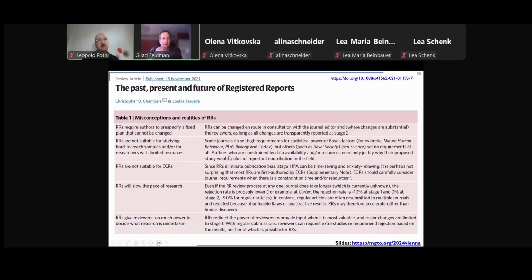Anything else that's in here? Yeah, so definitely suitable. For example, how to reach samples. Some people are saying this is not suitable. Definitely even more suitable. A lot in my department are neuroscientists, or do things with babies, or do things with a special population. If anything, this is better, because if you have an in-principle acceptance for stage 1, then